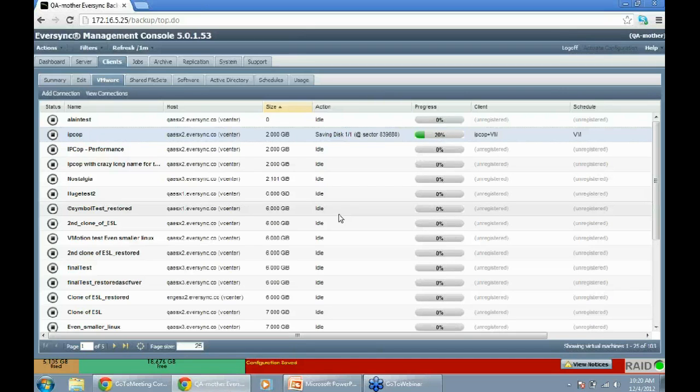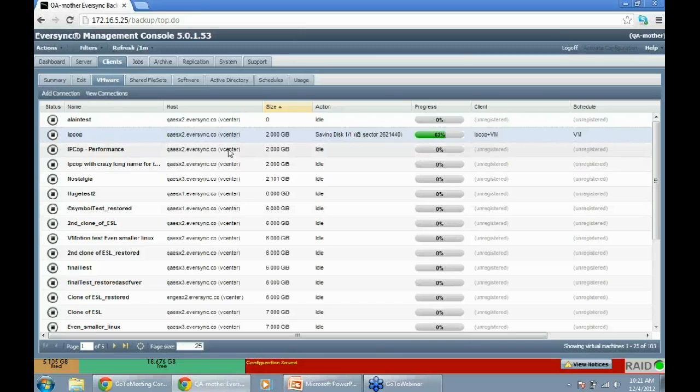And in this case, because that host is running ESX version 5, well, this will work for anything from ESX version 4 up. It can actually specifically select just the parts of the disk that are in use. So even though that's a 2 gigabyte disk, if I've only written 1 gigabyte of data to it, I only need to transfer the 1 gigabyte.